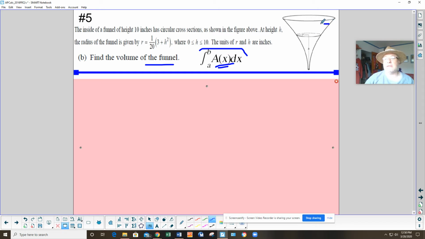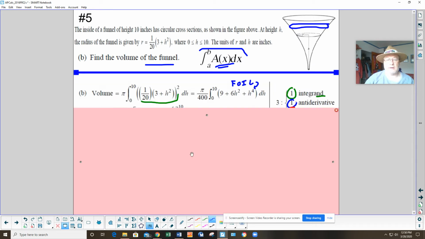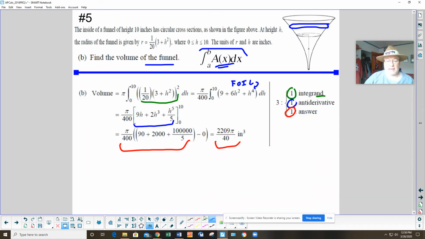And since all of these things have circular cross sections here, all you have to do is find the integral of a circle, which is pi r squared. So the integrand is your first point, and then that is the integral from 0 to 10. Now this just says integrand, so if you left off the 0 to 10, they would still give you the point here as long as you have this with the square. So obviously that's pi r squared, don't forget your pi, and that's how you get that area function. So that's your first point. For your second point, antiderivative then,